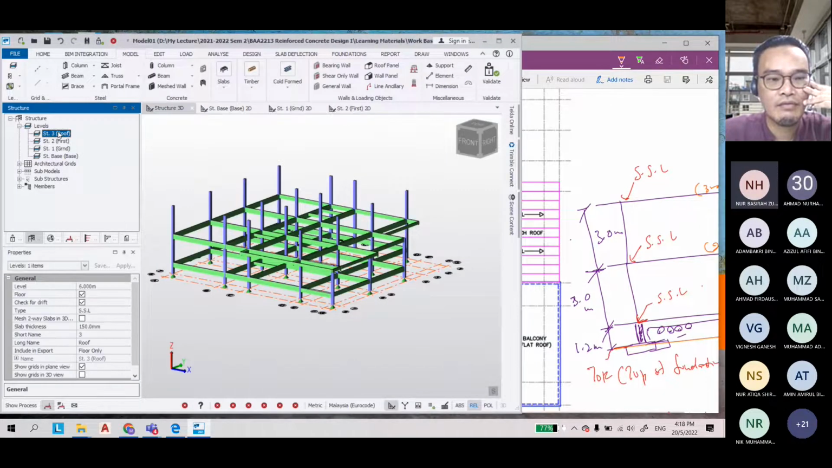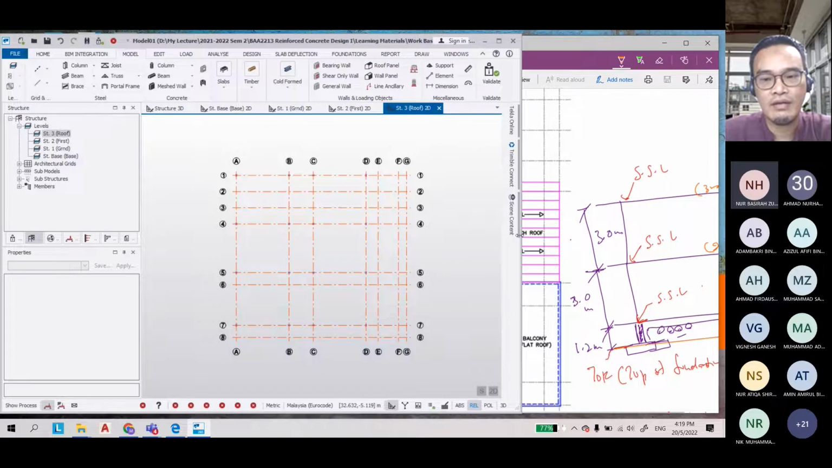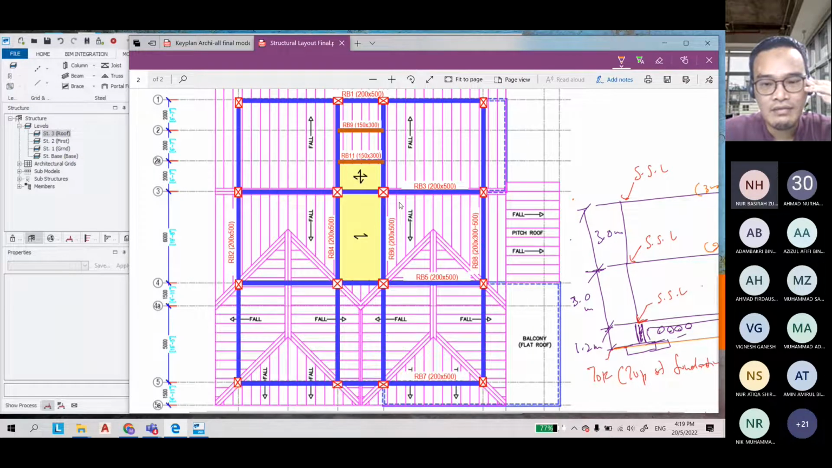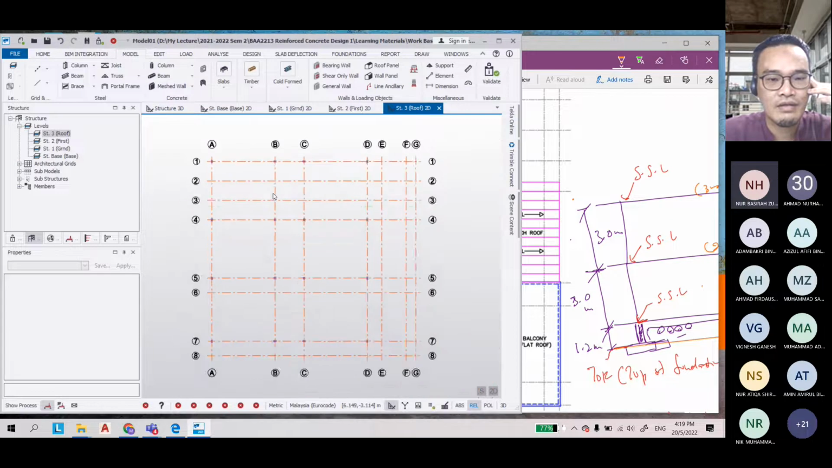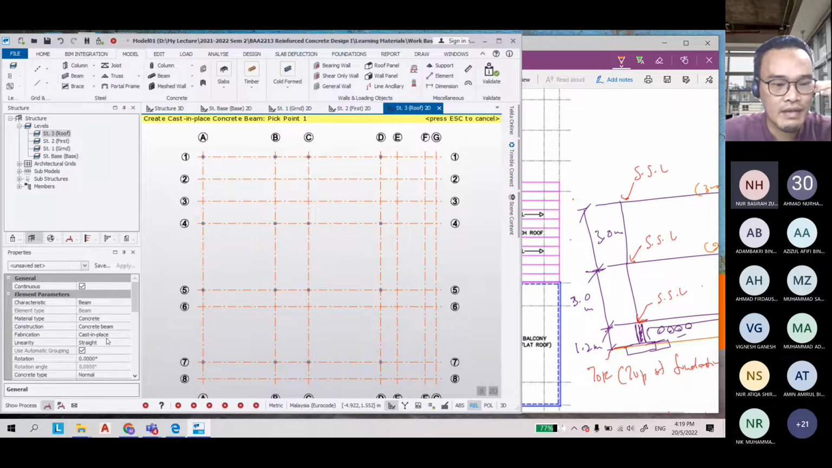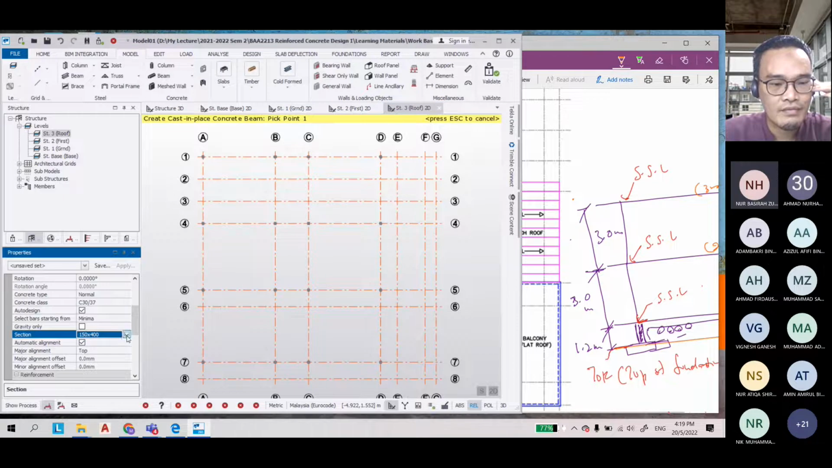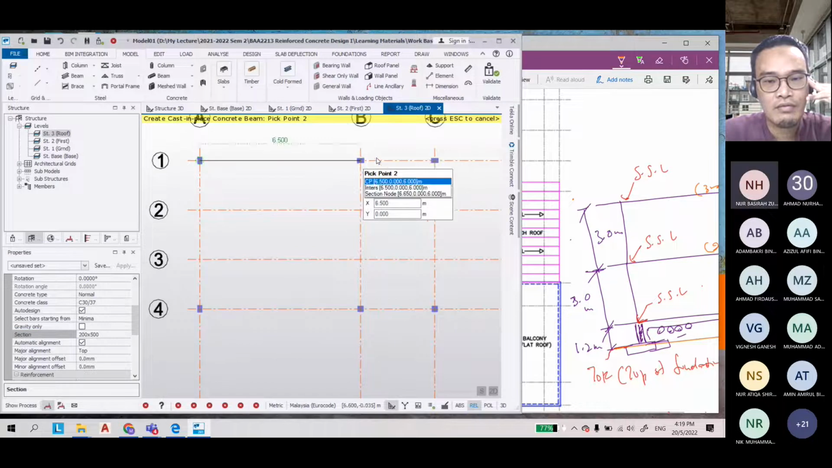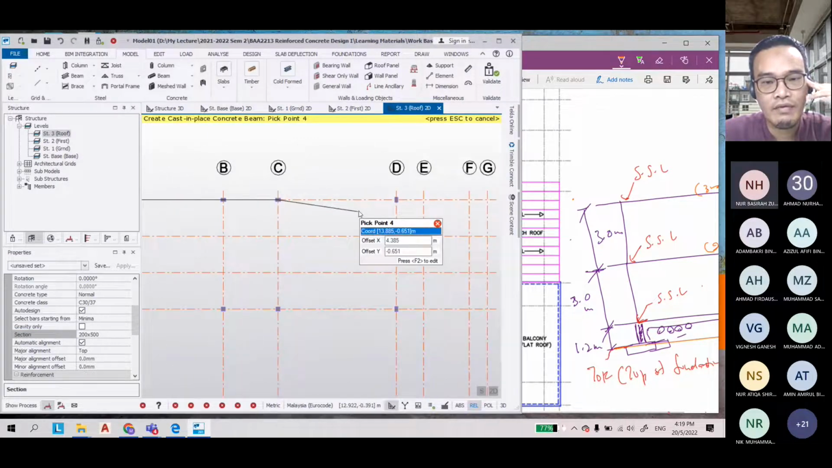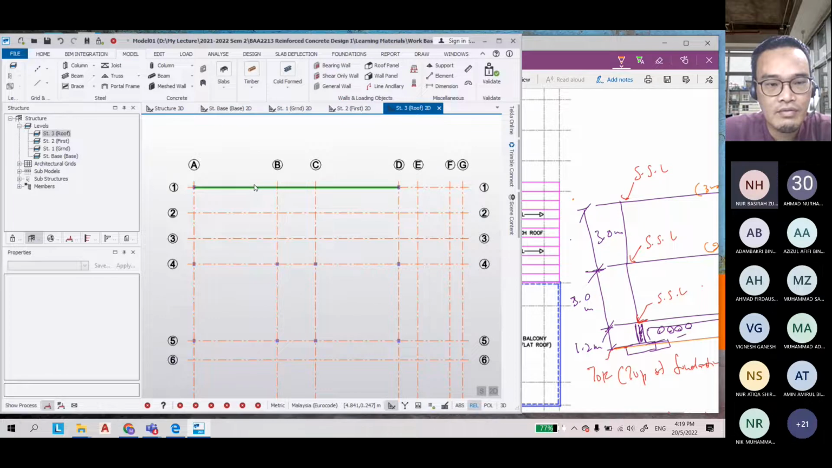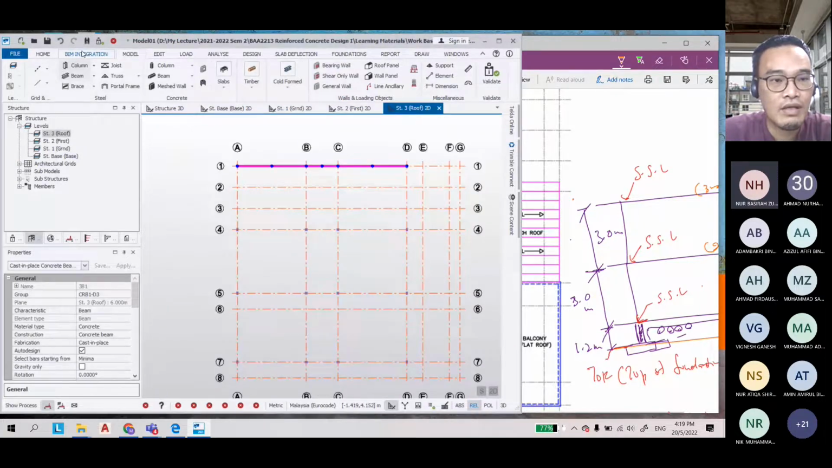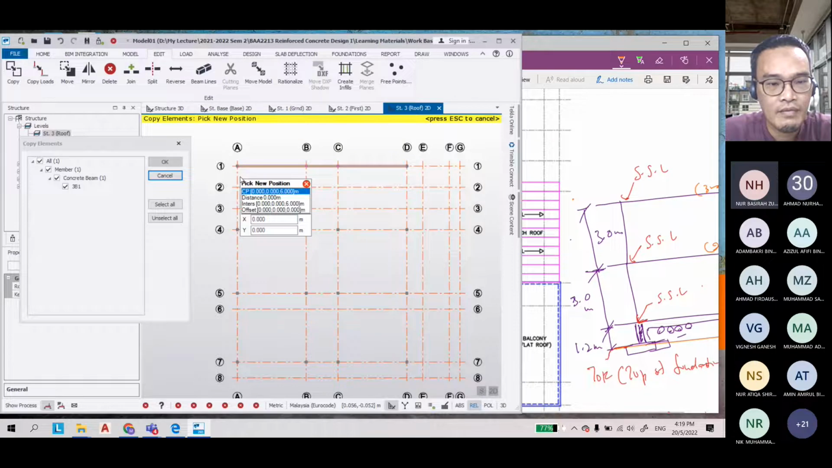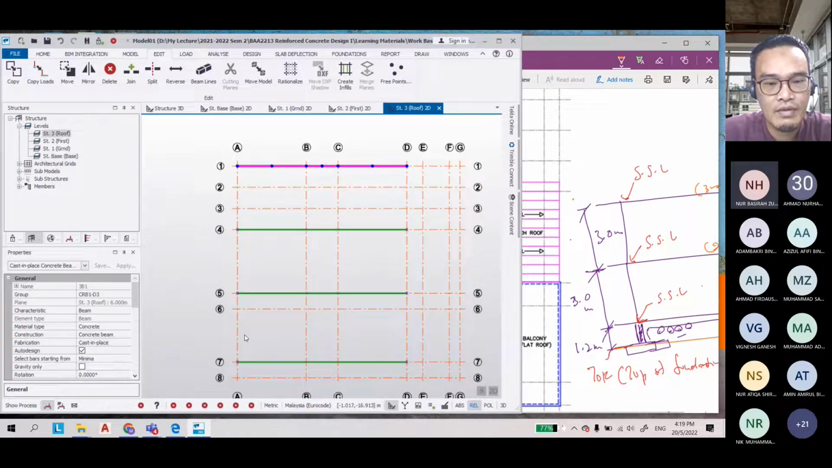Okay, so you can go to the roof. So this is the roof level. The size is 500. Okay, so you go here. So you go to the beam and then 200 times 500. So 1, 2, 3, and 4. So you can click here and then you can go to edit and copy. Okay, and then